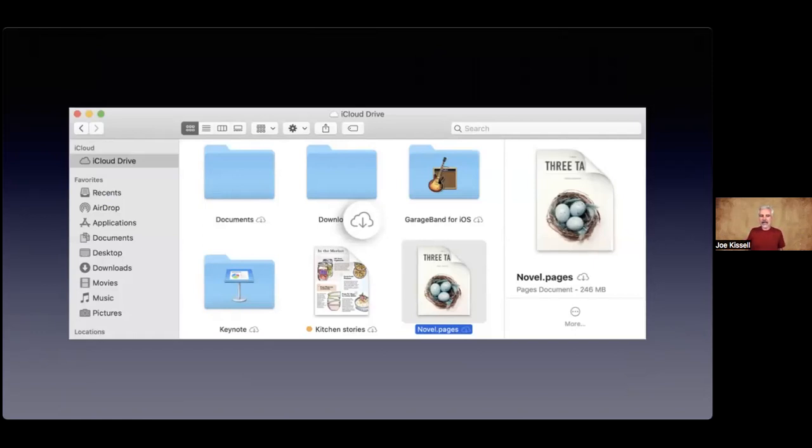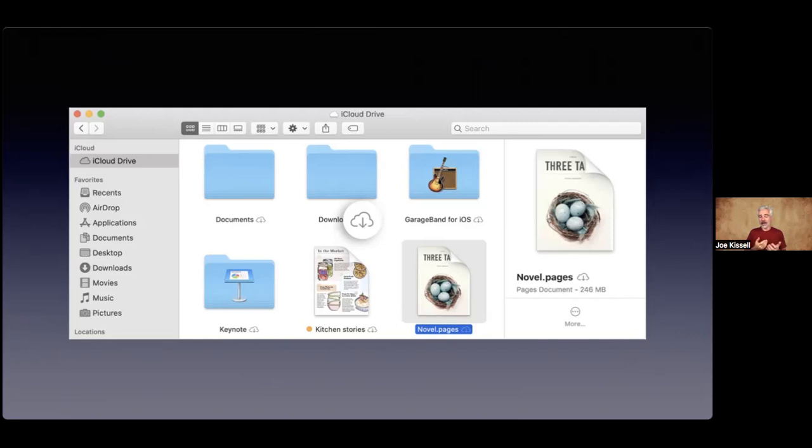What that icon means is that this document is in the cloud, it's safe there, but it's not stored locally on your Mac. All you have on your Mac is just an icon, just a placeholder for it. So you'll notice the one that's selected down there, the novel.pages, it's 246 megabytes. So that's 246 megabytes that is not being occupied by my Mac's storage.